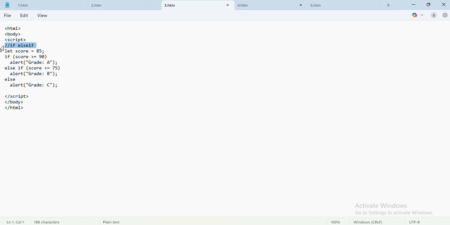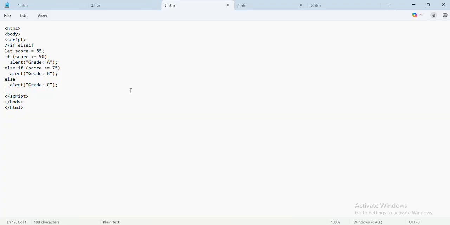So you can see this is the comment I have written under the script tag, and I have declared one variable as score with the initial value as 85, and I'm saying if your score is greater than equal to 90, your grade will be A. Else if it is greater than equal to 75, your grade will be B. Else I'm writing you all are having C grade. So that's the if else if block with the help of which you can check multiple conditions. I have specified over here only two conditions, that is score greater than equal to 90 and score greater than equal to 75. You can write many more, and at the end you can write else.